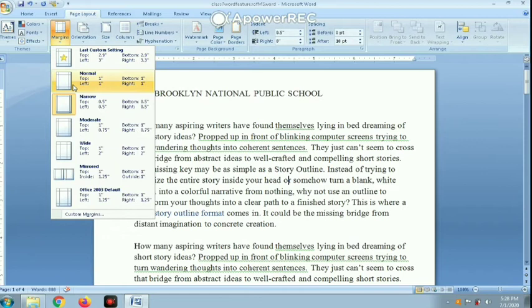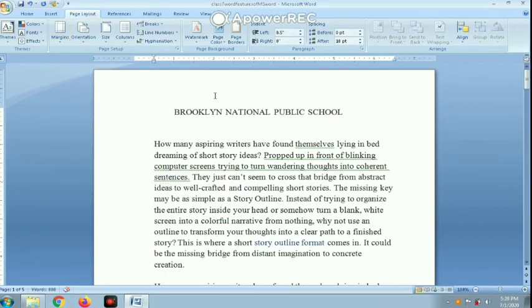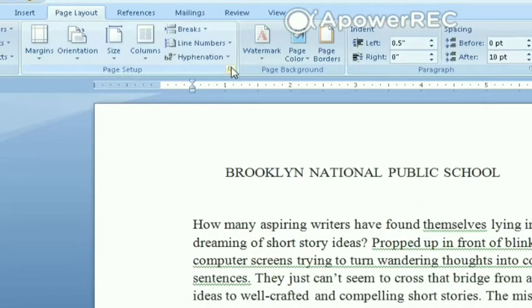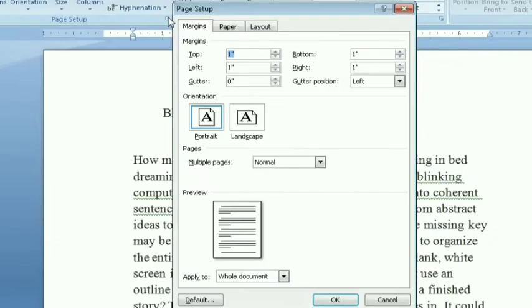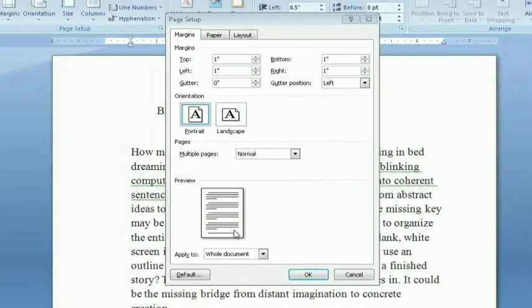Now I click Margin and Normal. It allows some space at the four sides of the document. Now click this corner button of the Page Layout. The Page Setup dialog box is open now. In there, click the Margins option. There are more options like top, left, bottom, right.